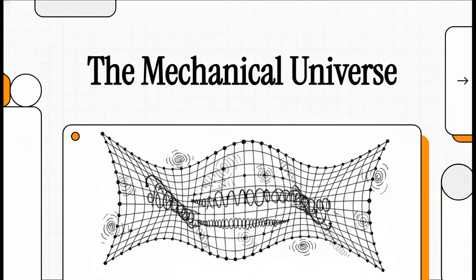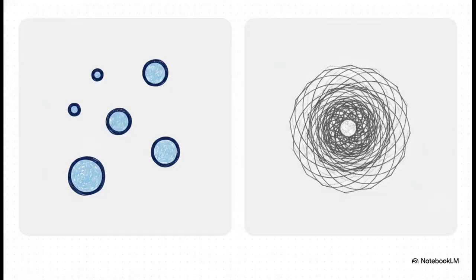Welcome to this explainer. Okay, I want you to completely throw out the idea of an empty universe filled with just isolated chunks of matter, right? Just toss it. Instead, I want you to picture reality as a continuous, highly dynamic, three-dimensional elastic tension net. This is the Absolute Medium model, or AM model, and by the time we finish today, phenomena that usually seem like pure mathematical magic, things like time dilation and quantum mechanics, are suddenly going to make complete, logical, mechanical sense. Let's just dive right into this massive paradigm shift.